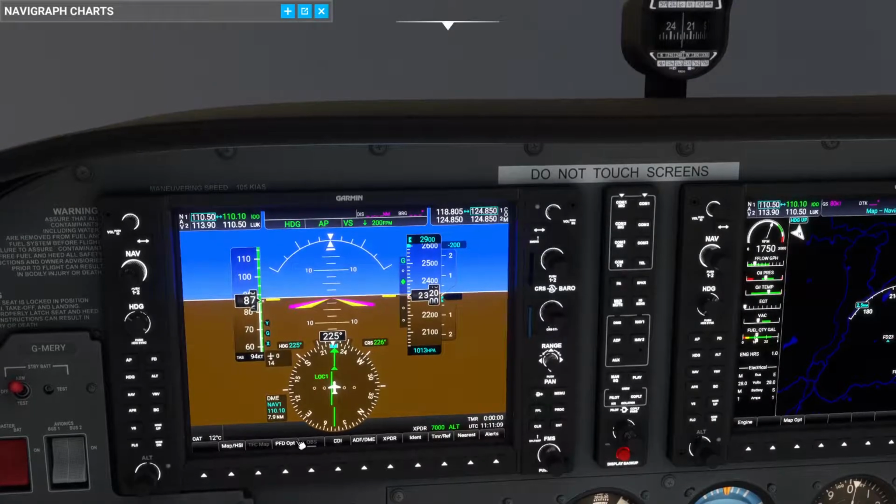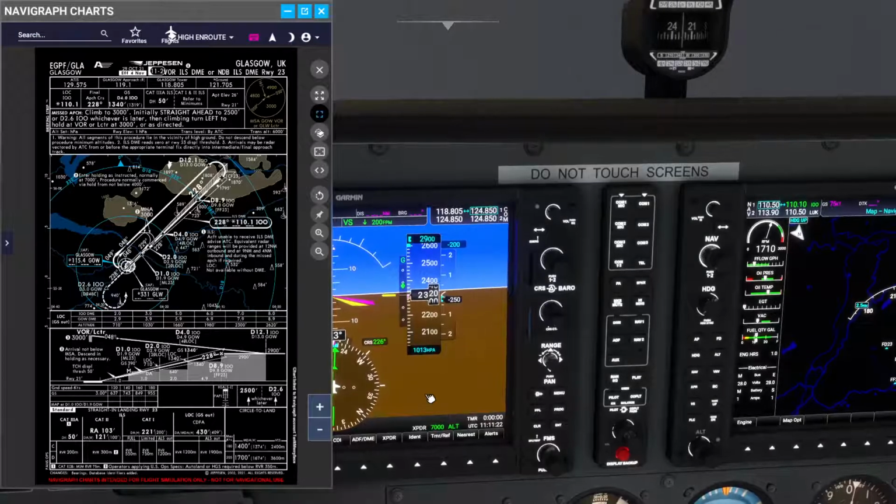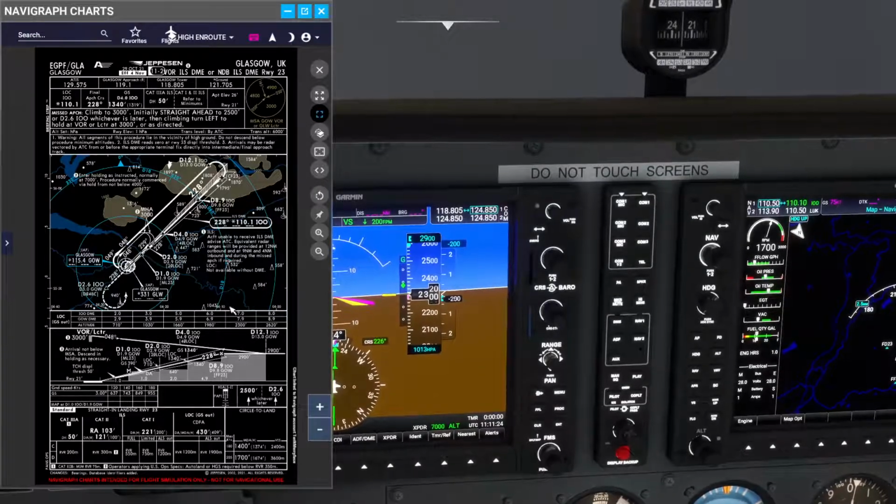300 feet. Let's make it 200 feet per minute because I am quite low. So next distance, 7 miles, 2300. Well, we're almost at 2300. So what I'm going to do is maintain the 200 feet per minute, and I'm going to be a little bit low for the next one, for the 7 miles, but hopefully I'll be correct for the